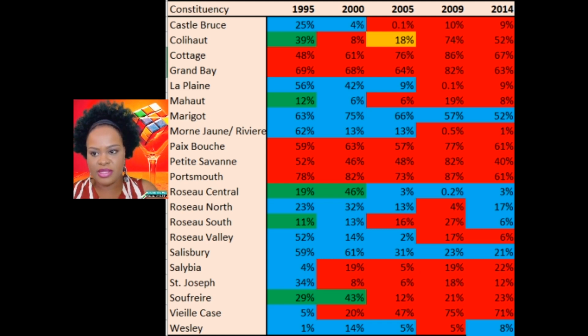So the Dominica Labour Party and the United Workers' Party seats are in different colors. For the United Workers' Party seats, the Marigot seat has a 52% margin. So it's a very high margin. You would need 52% of increases and decreases in order to get the Dominica Labour Party to pass the United Workers' Party. So this is what I'm basing my analysis, my predictions, and my expectations on: the margins from 2014. Now, constituencies that changed, like the Roseau North constituency,